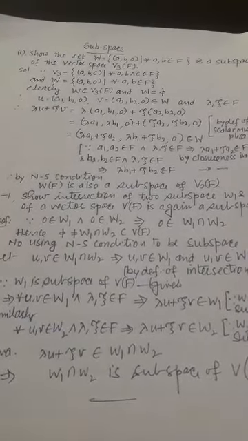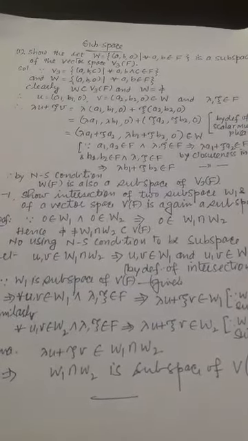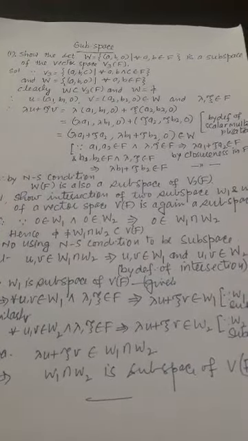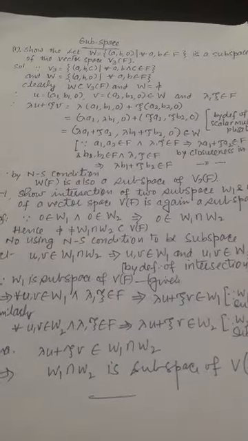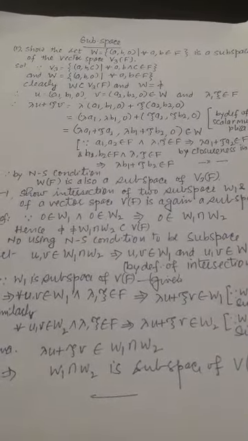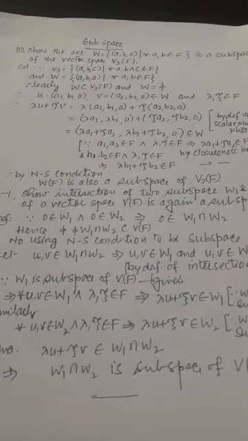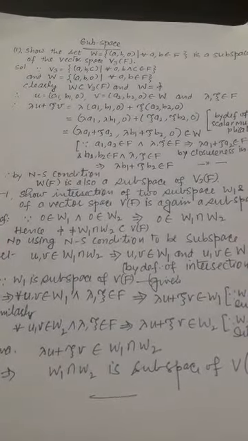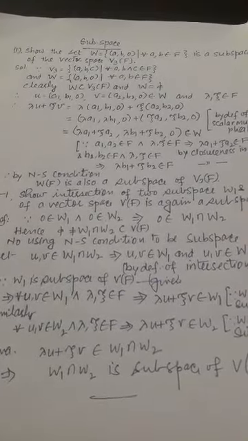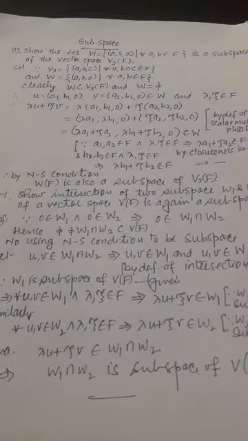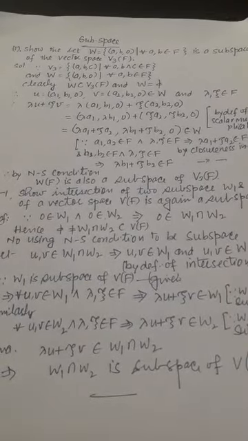Lambda and xi are two scalars because elements of the field are said to be scalars. So using the NS condition to be a subspace, lambda u plus xi v, put down the values of u and v. After solution, by definition of scalar multiplication,